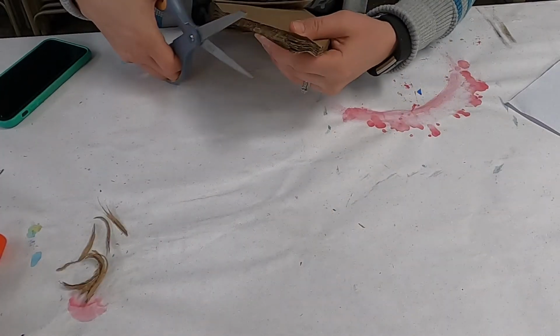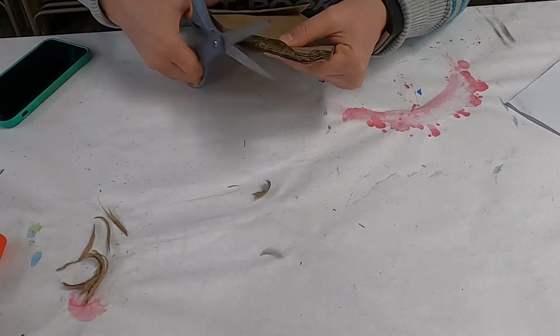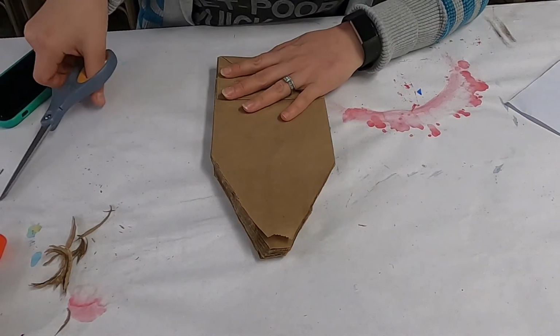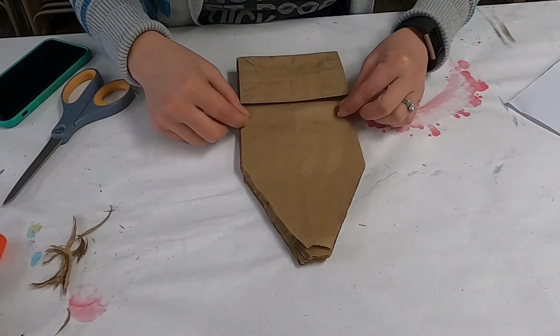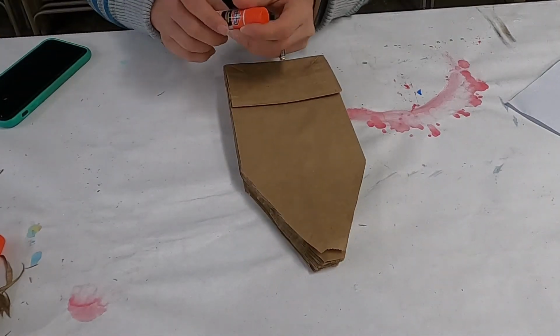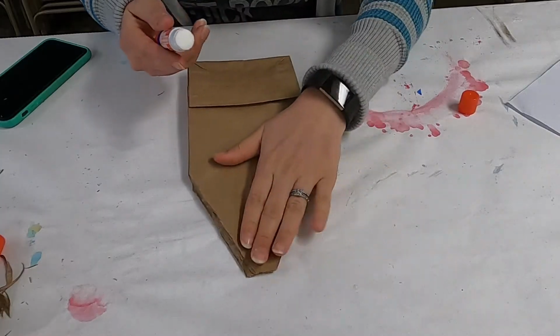But once you've done that, then this is the second to last step. You can kind of trim off a little bit more, and you can make it a little pointier. You can also do kind of like snowflakes, where you cut out little things here, and it looks like a big snowflake. So then, for the very last step after you've cut it,